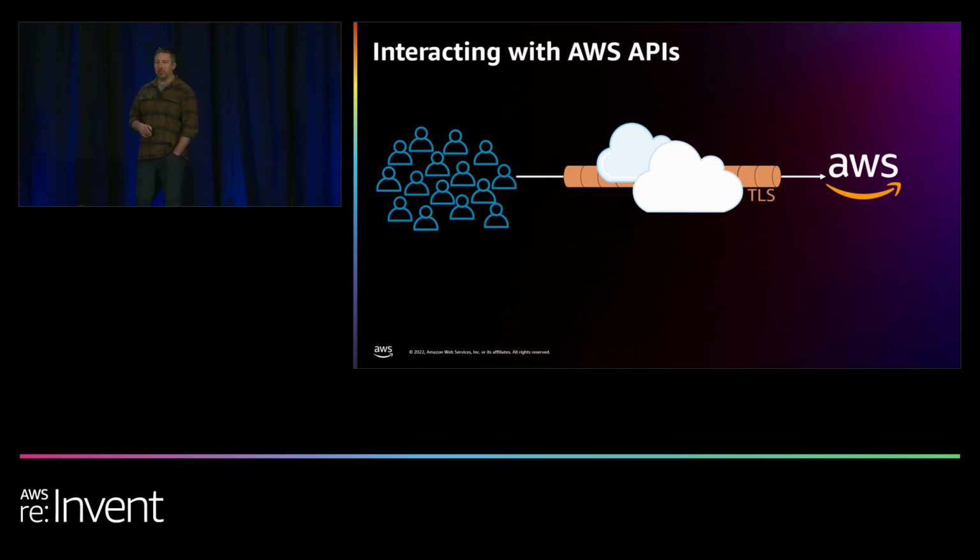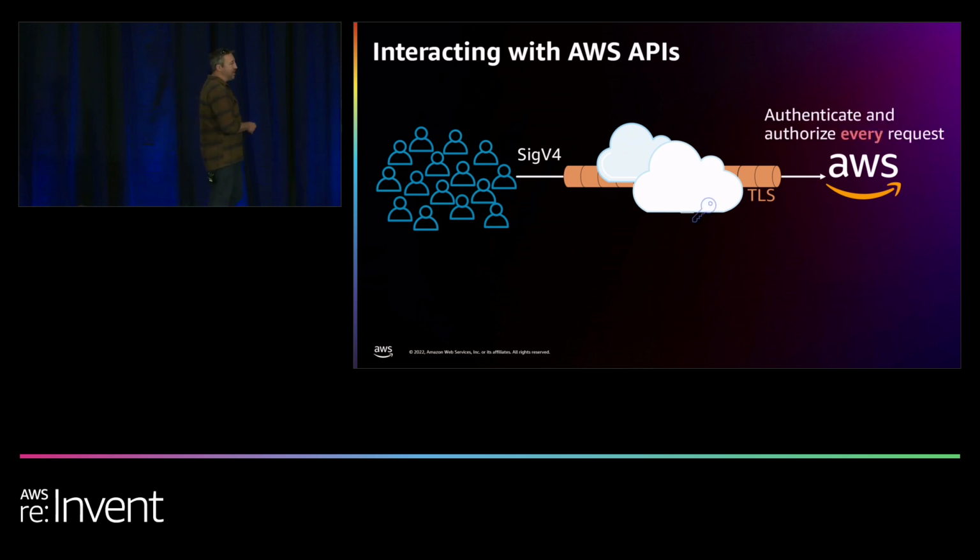Well, no great magic here, right? We've got transport level security provided by TLS. That gives us good confidentiality over the wire. And then on top of that, we take AWS's Signature v4 signing protocol. Now, a lot of this is generally abstracted for you by the CLI or the SDK. You never really thought about what was going on here, but each and every one of those requests that you issue through the console, through the CLI, what have you, is individually signed using your security credentials, and then we uniquely authenticate and authorize every one of those requests, right? And this happens to the tune of 500 million requests per second globally, which is just bonkers scale,